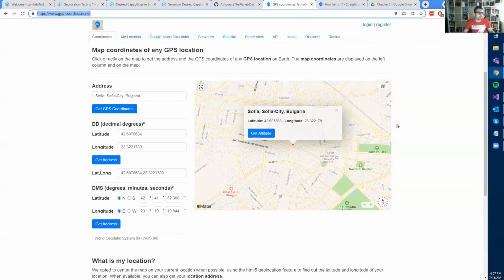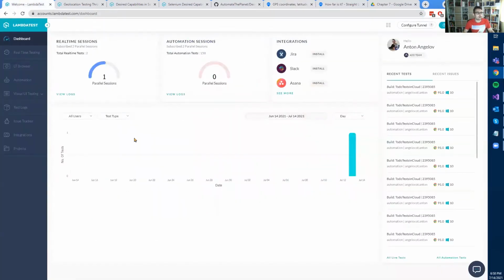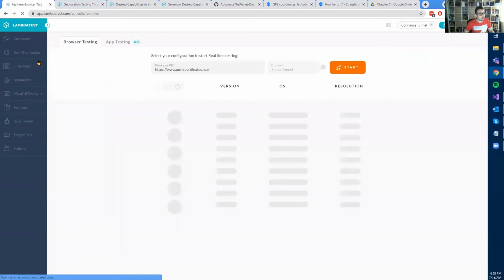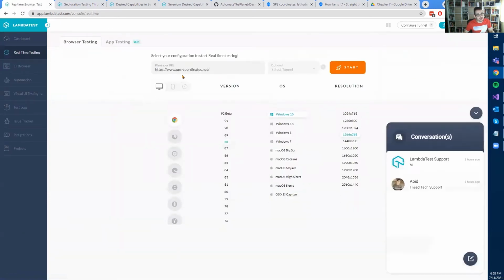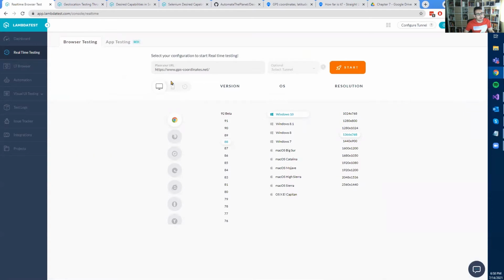But anyway, let's see how we can use the power of the cloud to do geolocation testing. We're going to use the LambdaTest platform. First, I want to show you what our test case will be, and in a minute, I will create this automated test in Selenium. First, I will go to real testing. As you can see, I already